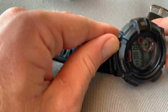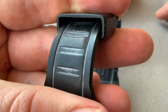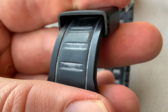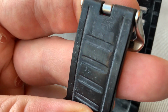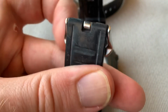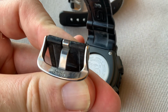As I've said before, I don't go out of my way to wash or clean these watches. I really should one day, and maybe I'll do a video on getting in there and really cleaning them up properly. But look at that salt residue there. It could be very fine dust and sand particles as well, actually. Also a mixture of suntan lotion, I imagine. But look, there's absolutely 0 issues with rusting,